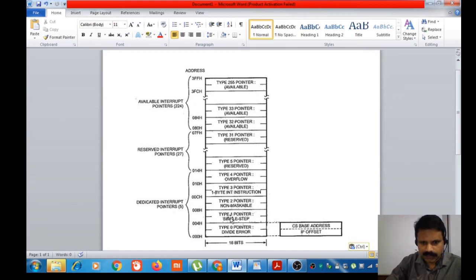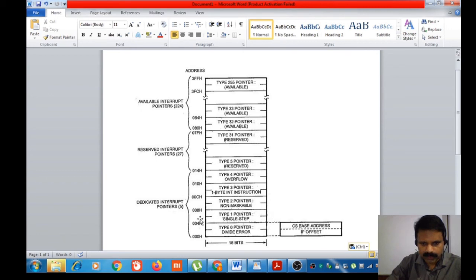So type n equal to 1. 1 into 4, you are getting 00004. That is the IP offset. Then how to calculate the CS content? That value will be incremented by 2.